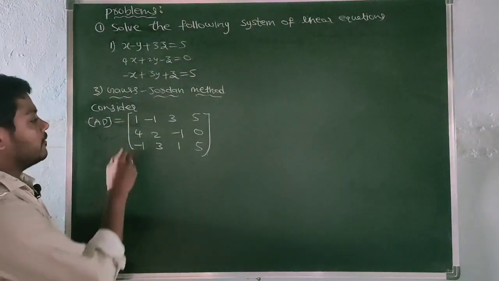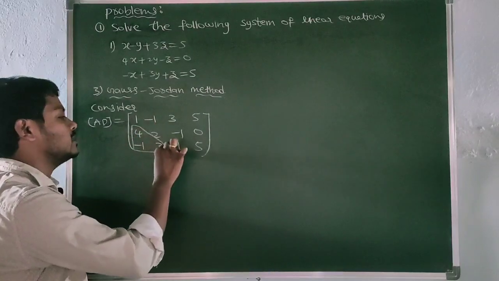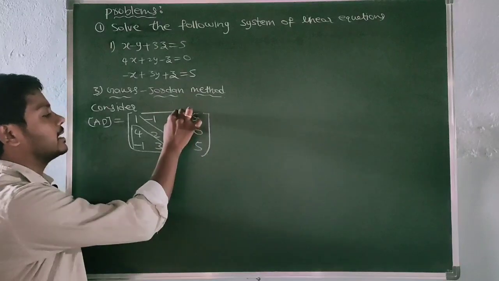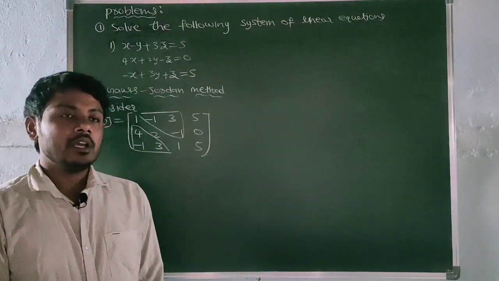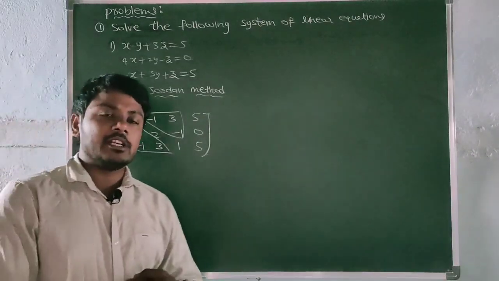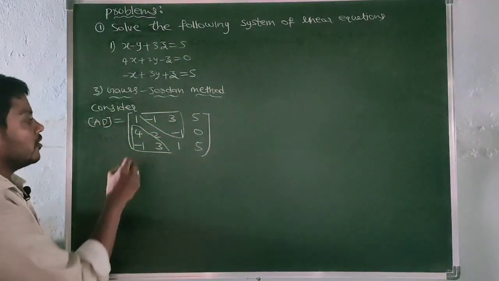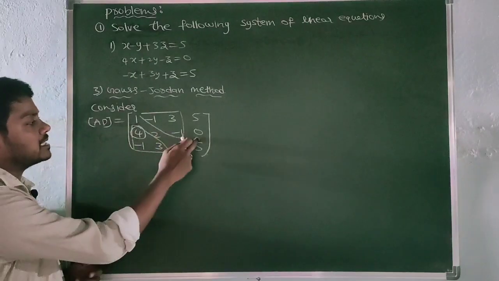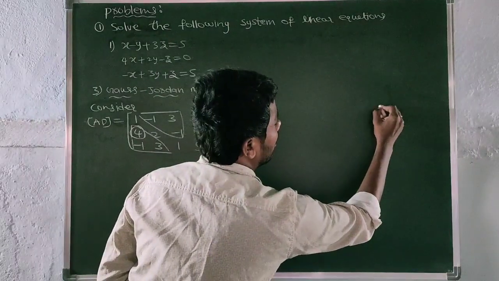So in this method, first we have to make upper triangular matrix as zeros. Next lower triangular matrix as zeros by using row operations. Here how to write the row operations? So one shortcut method is there for writing the row operations. See here, first you have to make this as 0. So clearly that is R2 row. So write here R2.